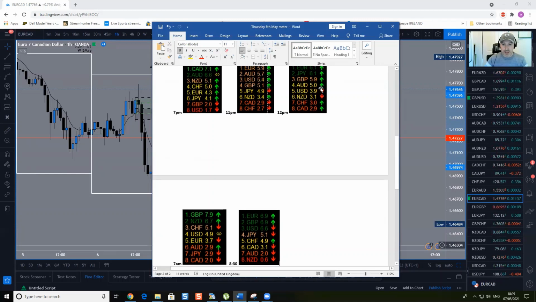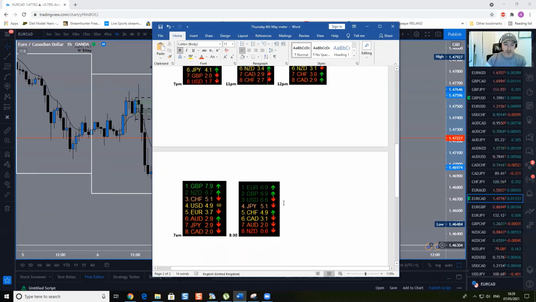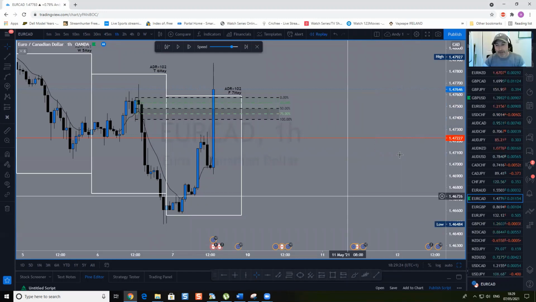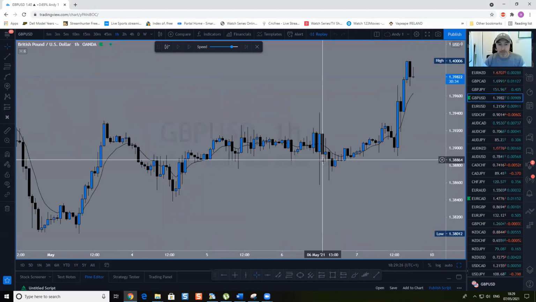So USD was 3.9, okay, it's 4.9, and then it started growing in numbers, okay? So it's kind of there, thereabouts. So what that means is it's kind of stalling at price. Let's just go into that pair and see what happened, because the GBP was very weak yesterday and now it's become very strong. So if we go to the GU,